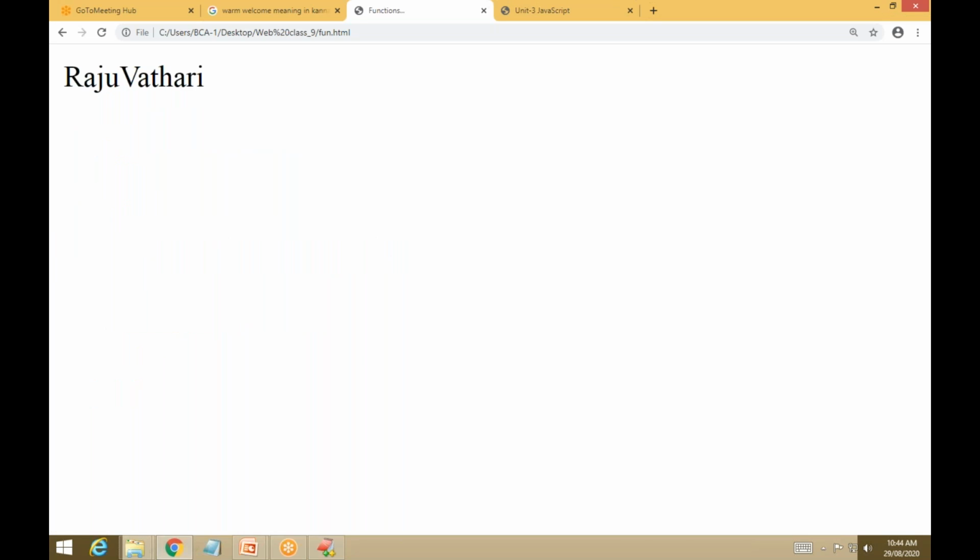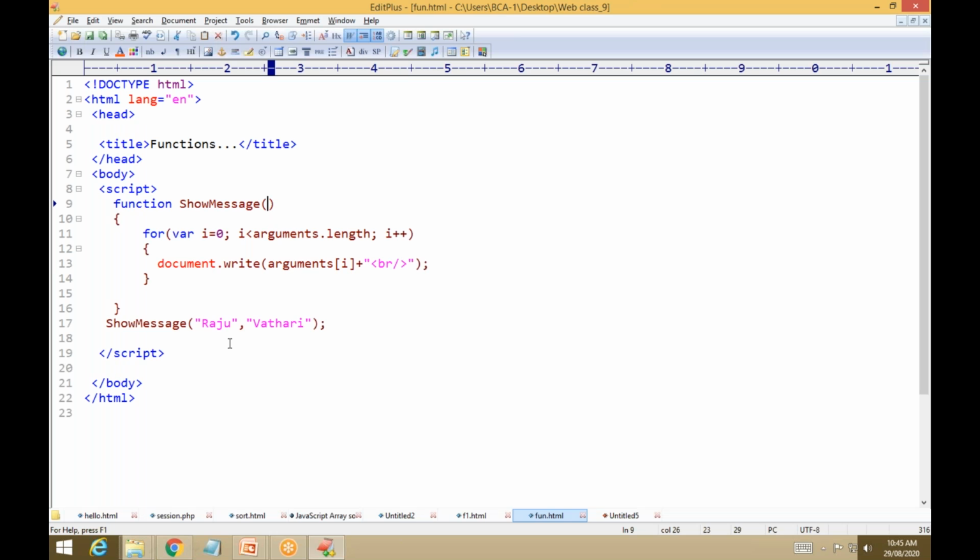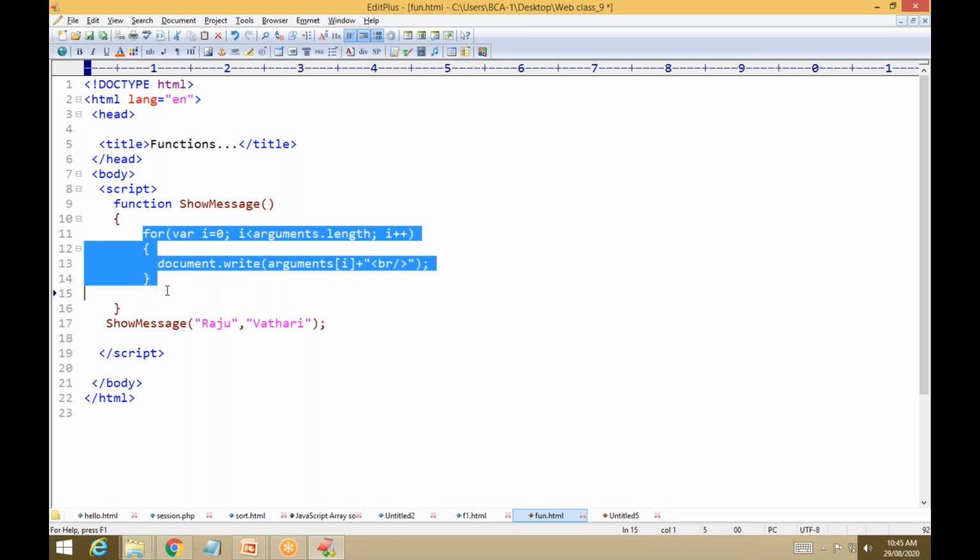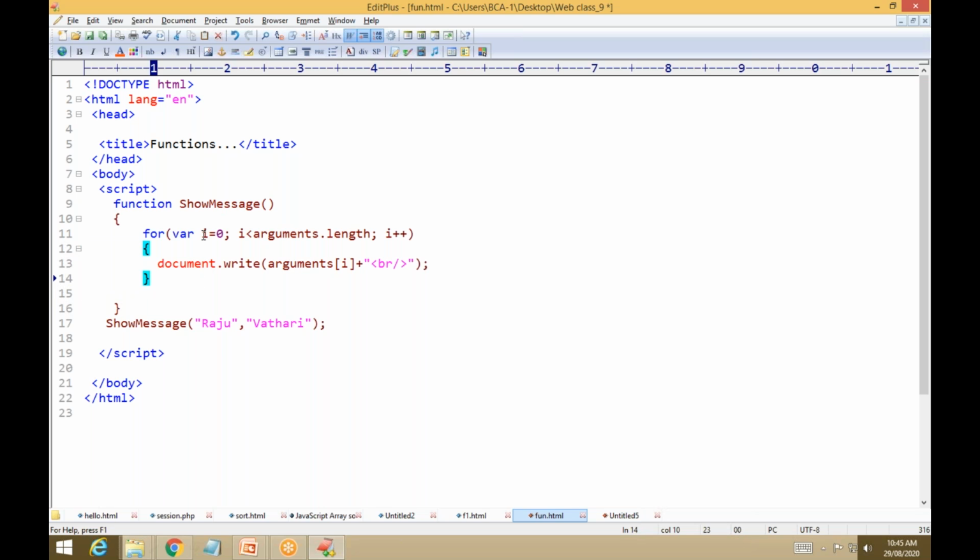Okay, br like this. Save. See, now it takes two values. Some people say that only when you pass parameters like p1, p2 can we call like this. That is not the case. You can call like this also, but here you just have to use a for loop like this. The index starts from 0, i is less than arguments.length. How many arguments are we passing? Suppose I am passing 10, 20, 30, 40. Here how many arguments? There are 5 plus 2, 7.